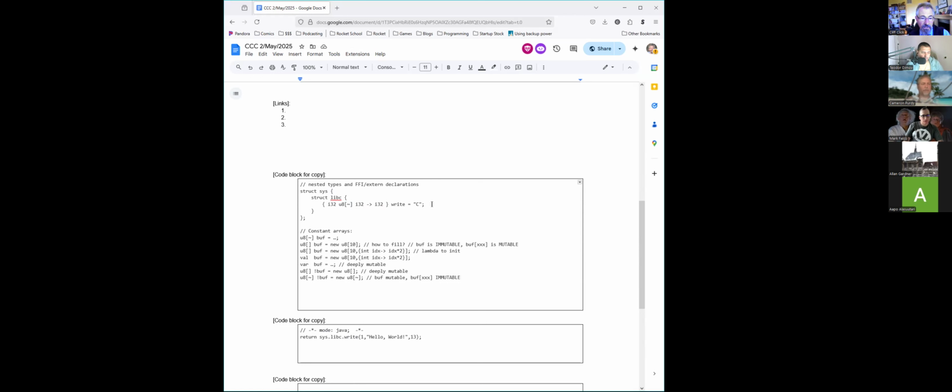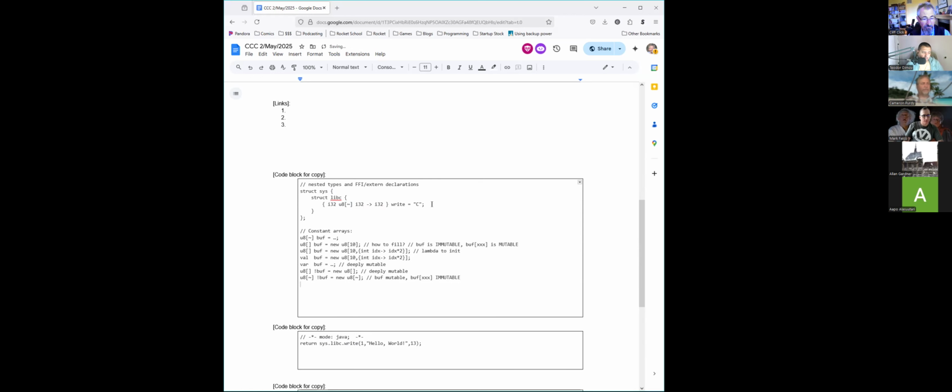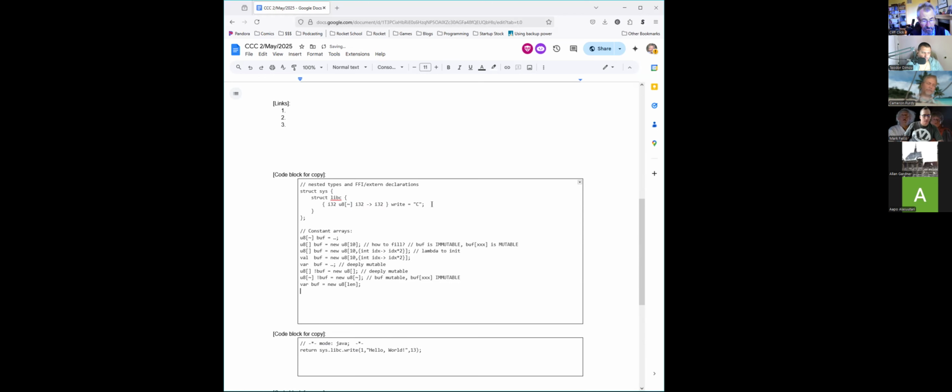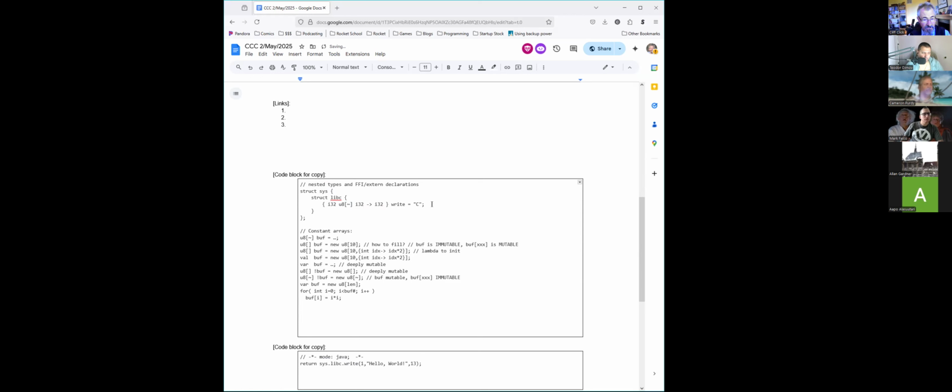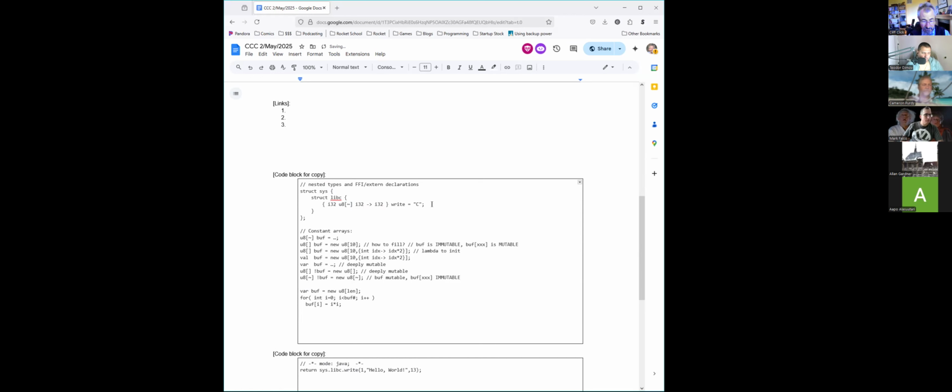So the easy one is I make a copy of buff. So var buff equals new u8 of len. And then I initialize it with my old syntax. And then, buff pound I plus plus, and buff of I equals I times I. Here's your array of squares. But then I want to pass it off to somebody, where well, then I want to make a version of it that's immutable. So say val buff equals buff.